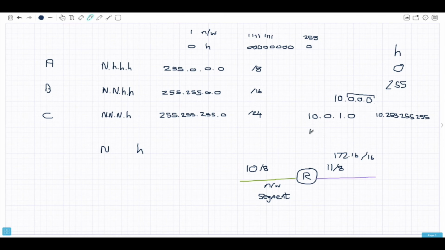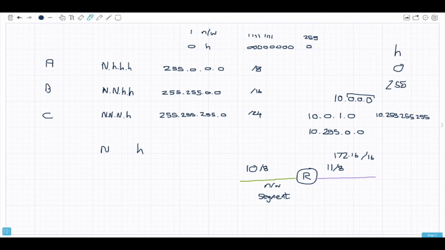So a lot of people really get thrown a curveball by this. This is a completely valid IP address: 10.255.0.0 is a completely valid IP address